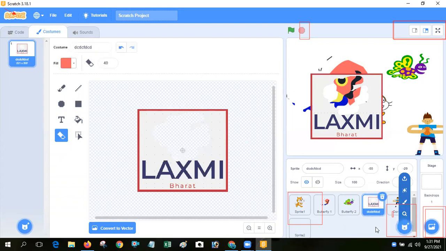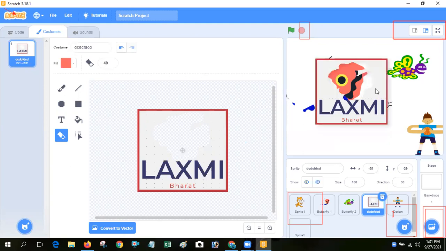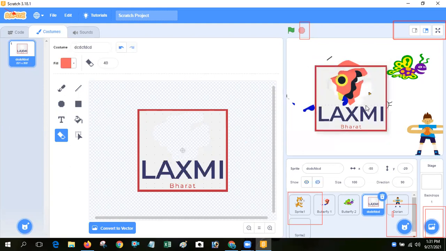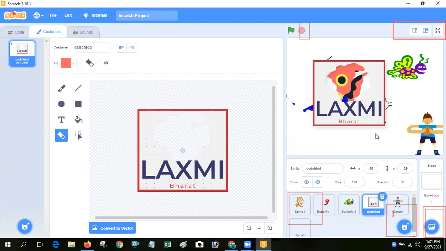You can click the button new sprite from camera to use your webcam to click a photo which can be used as a sprite in your project. You can also add your camera photo in your sprite stage area.